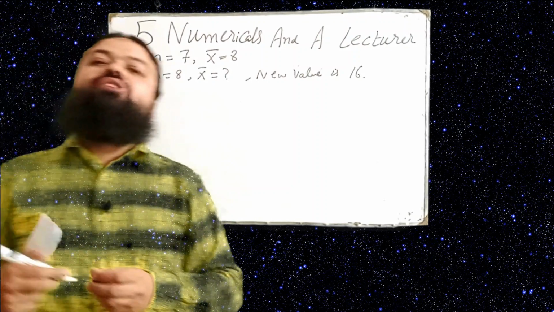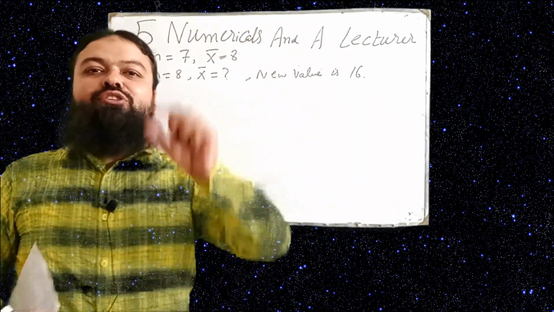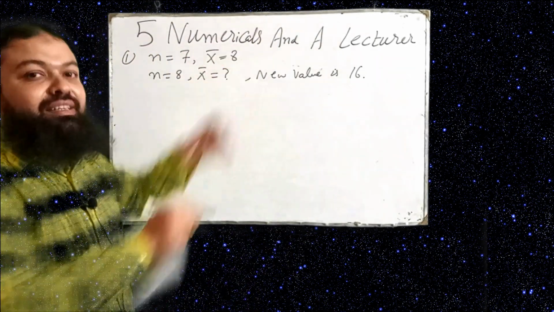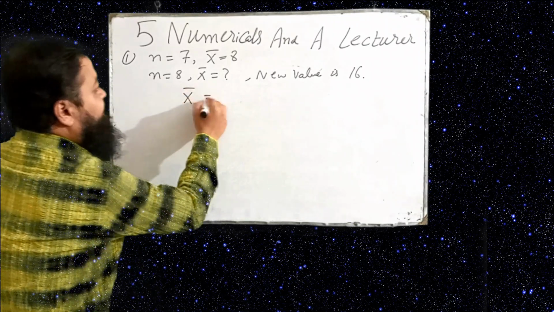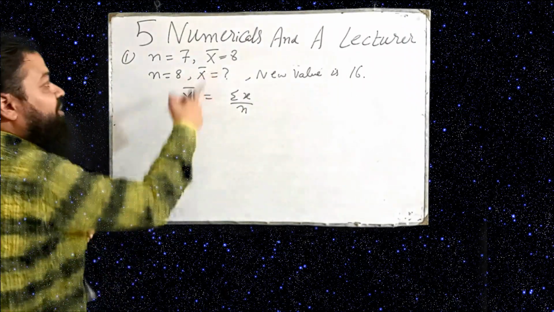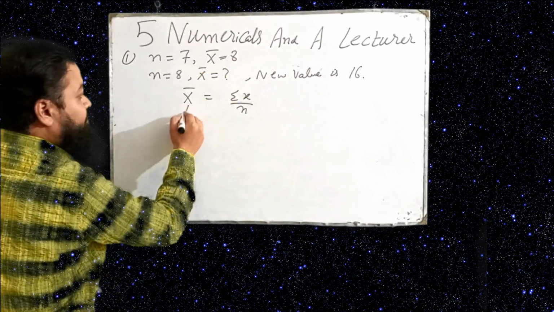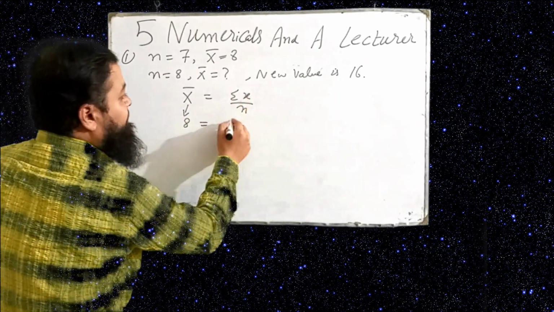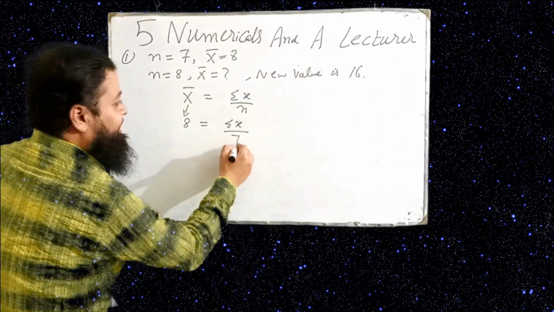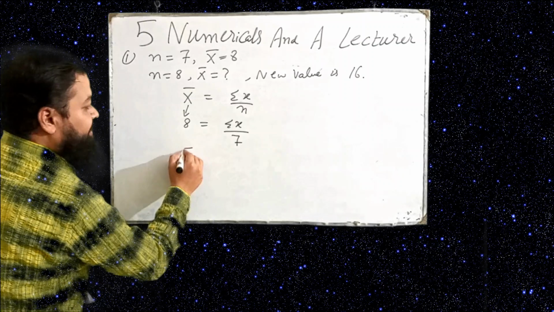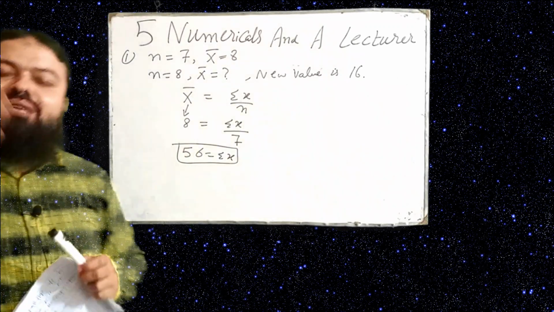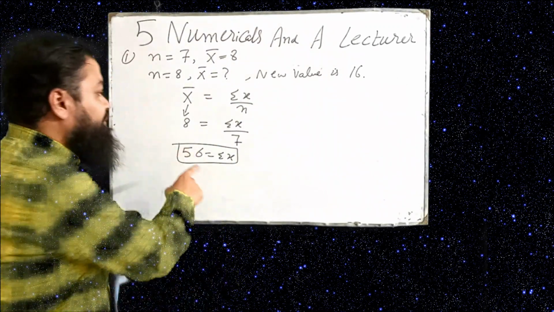Dear students, it is the rule of mathematics and statistics, you will have to take the support of the given value. They have given the mean, which is 8, and what is the formula of mean? That is summation x over n. We will have to take the support of this formula. Now just substitute the values. Mean is 8, I will put it over here. 8 is equal to summation x over n, the number of values is given, and that is 7. Now if you multiply these two values, 8 sevens are 56. It is summation x. It means the sum of all the 7 values is 56.